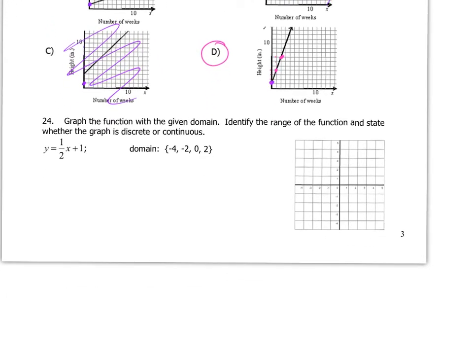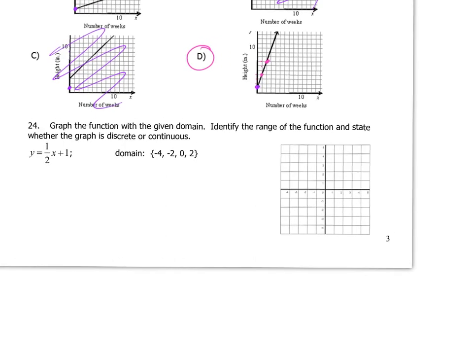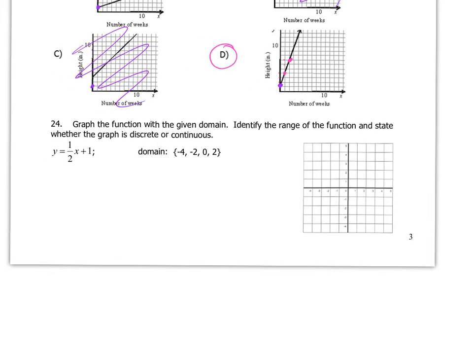On 24, it says, graph the function with the given domain, identify the range of the function, and state whether the graph is discrete or continuous. Well, if it only gives me 4 points, then I'm only going to graph 4 points. So I know this is going to be a discrete graph. And then in order to find the range